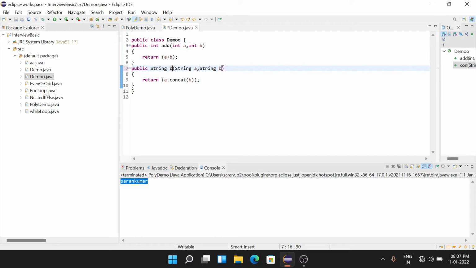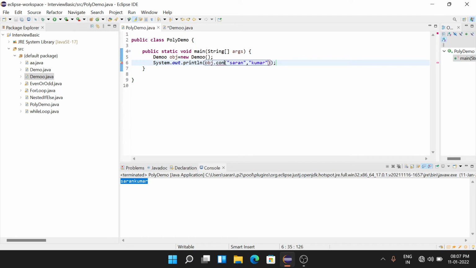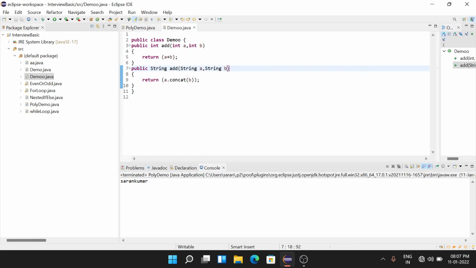But here I'm trying to give add for both, so that when we call add and give two strings, it concatenates, and when we call add and give two integers, it does addition. Let's try this. There is no error. When we call obj.add, it checks for the add method.